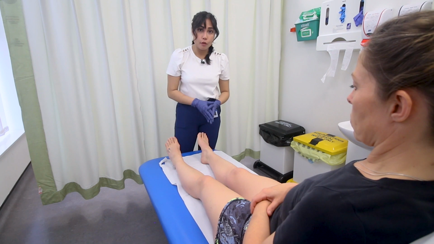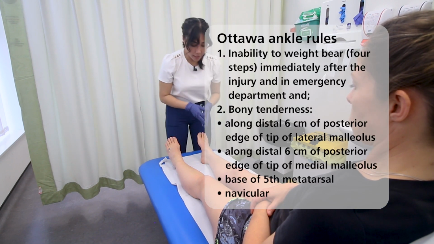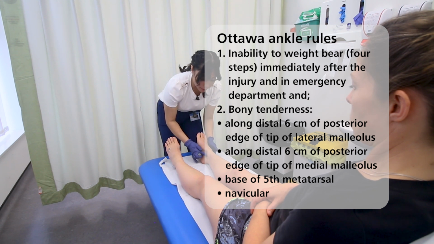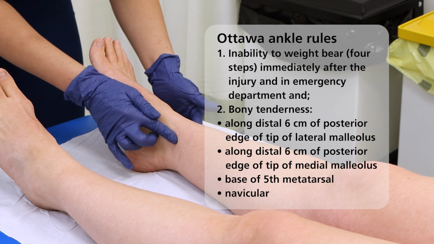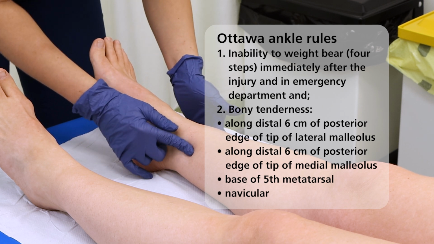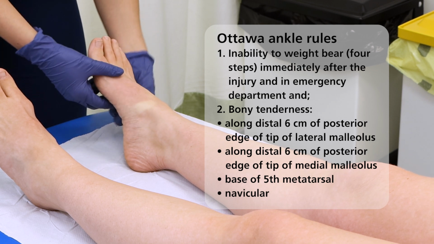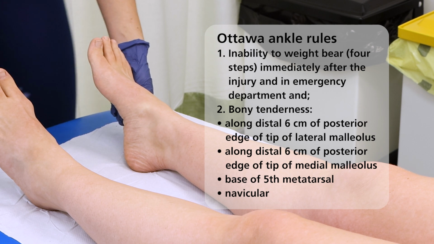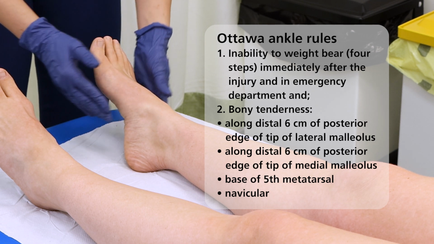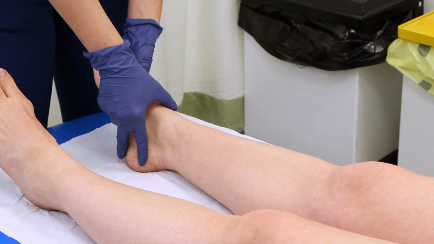If you are trying to rule a fracture out, then in line with the Ottawa ankle rules, you'll be palpating the tip of both malleoli. From the tip, palpate 6 centimeters approximately. You'll also palpate the navicular bone and the base of the fifth metatarsal. And of course, if you're trying to rule a fracture out, another criterion is to ask your patient to walk 4 consecutive steps. Other bony structures include talus,